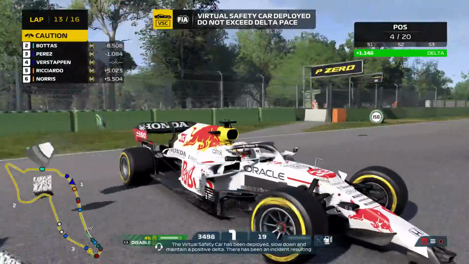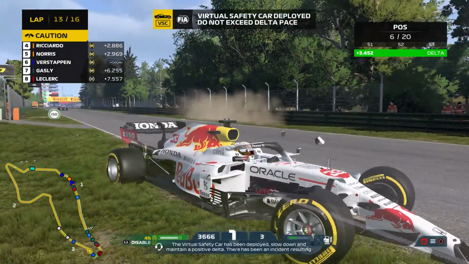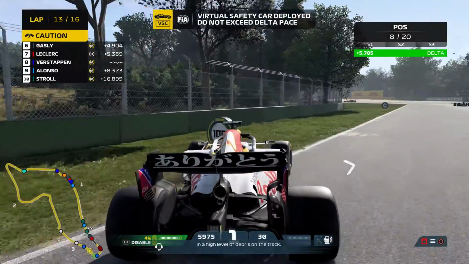The virtual safety car has been deployed. Slow down and maintain a positive delta. There's been an incident resulting in a high...